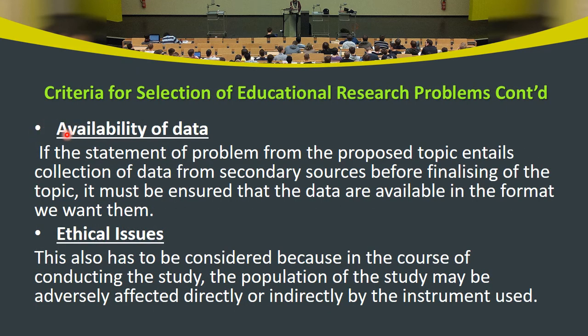So the next criteria for selecting educational research problem is availability of data. How available is the data that you want to use in carrying out that research? If you want to use a secondary data, how available is that data? So these are things you need to put into consideration. The last is